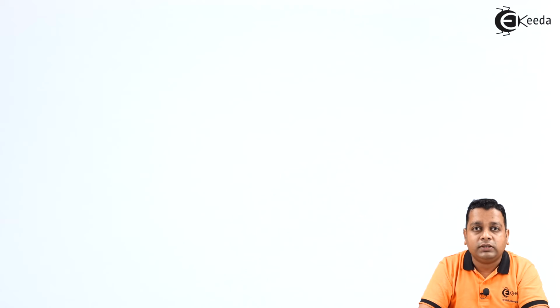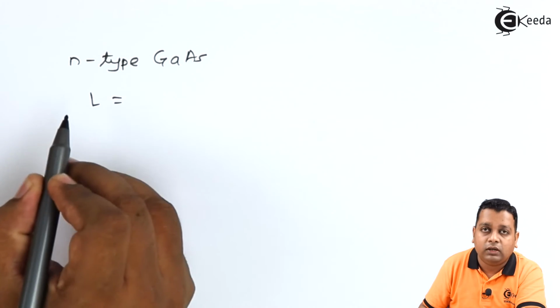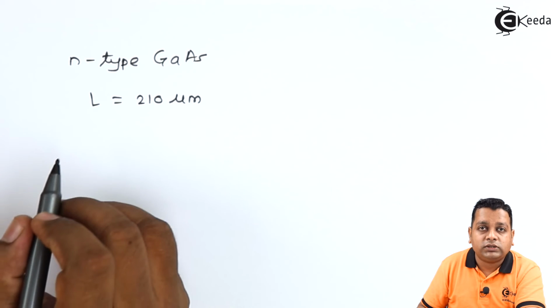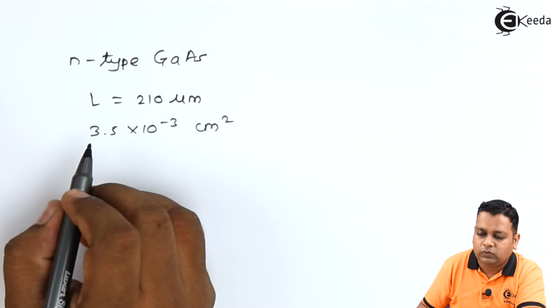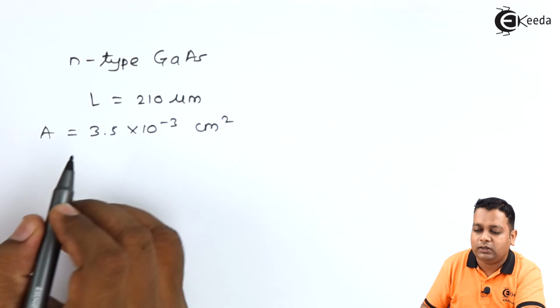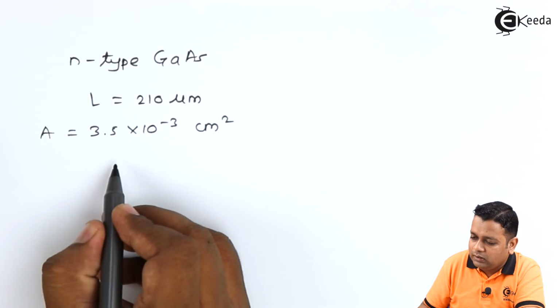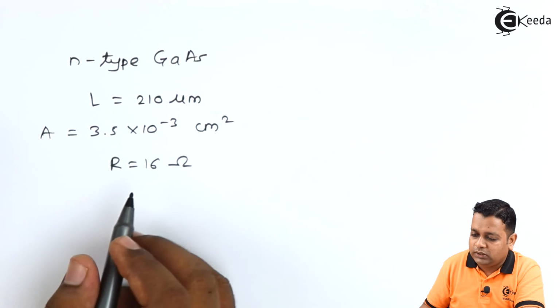J.B. Gunn, in another experiment, tried to see what exactly is the threshold value of electric field after which the oscillations can be seen. He again took N-type gallium arsenide material, and this time the length was 210 micrometers. The cross section was 3.5 into 10 raised to power minus 3 centimeter square, expressed by capital A. The device had a low field resistance of 16 ohms, and the applied DC voltage was